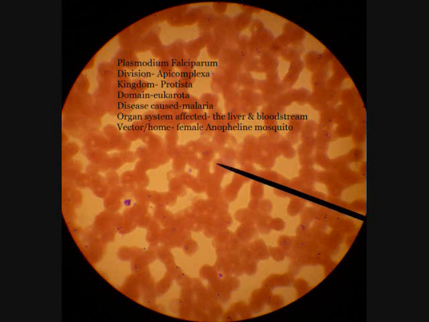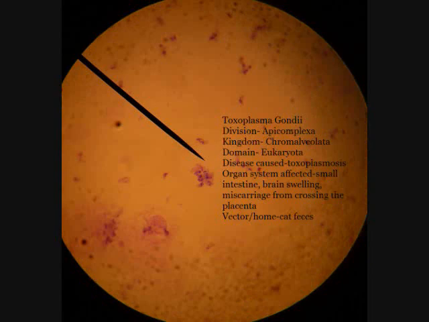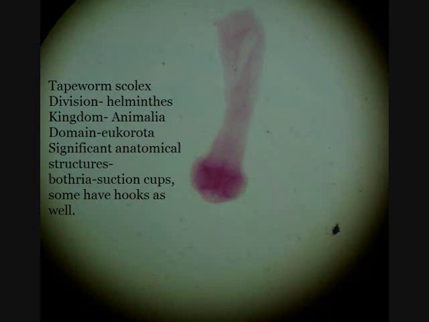An example of a non-cyst former is Trichomonas vaginalis. Since it doesn't form a cyst, it has to be directly transmitted. So what we're saying is it requires direct mucous membrane to mucous membrane contact between the two hosts. So make sure you review what a cyst is and then take a look at that.